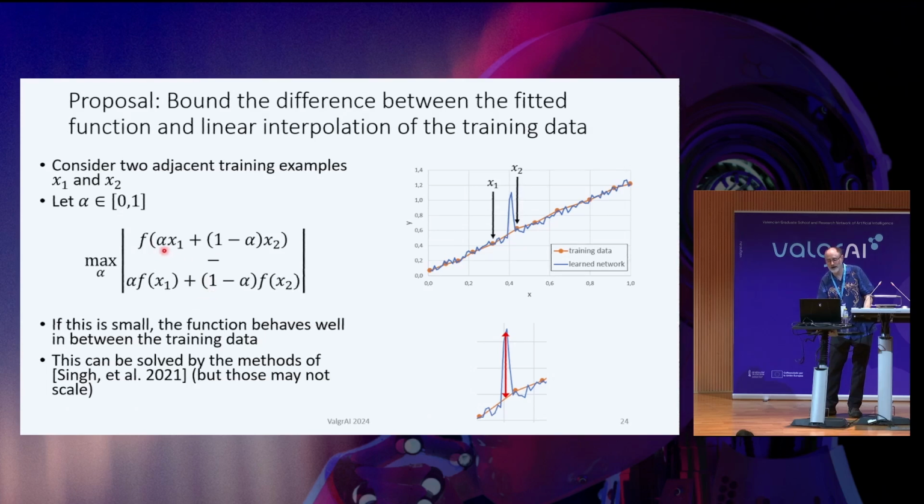Now in the numerator we have f of alpha times x1 plus 1 minus alpha times x2. That's going to give us the blue line here, because we interpolate x between these two points and then push it through the function f. And then this other term is alpha times f of x1 plus 1 minus alpha times f of x2. That's the orange line that joins x1 to x2. Then we're asking it to find the value of alpha that makes the biggest absolute difference between the blue line and the orange line. And that will be presumably the value that gives us this peak.